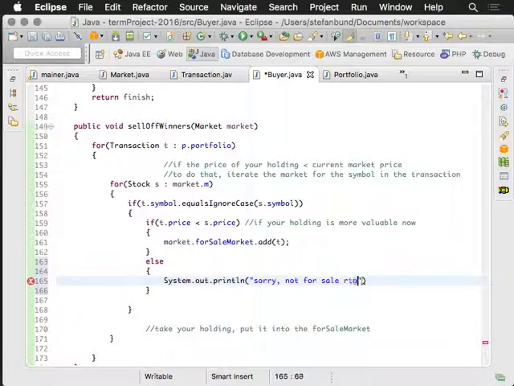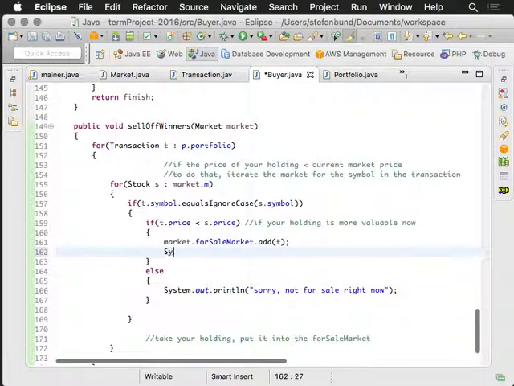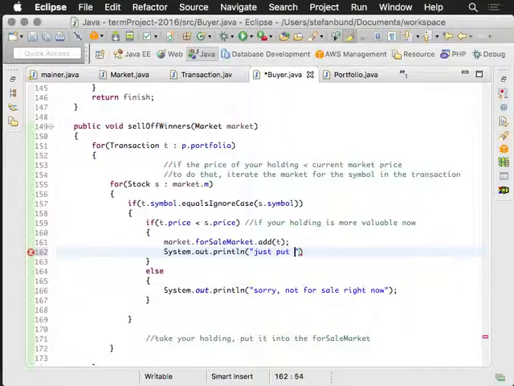Not for sale right now. And then we could say print line, just put up "transaction for sale." And then we could go in and study it a little bit more, because one other thing that we had to do here, and my students kind of reminded me about this, is